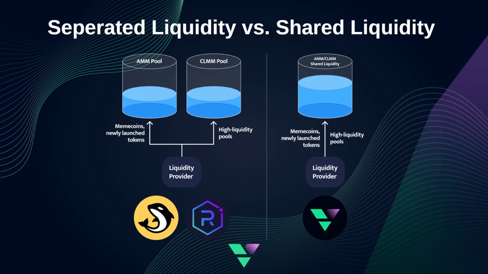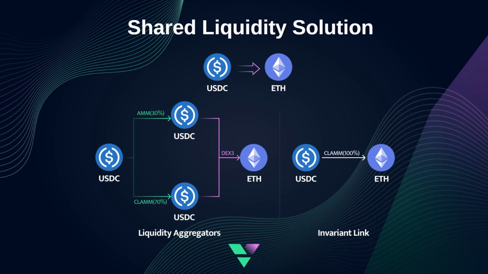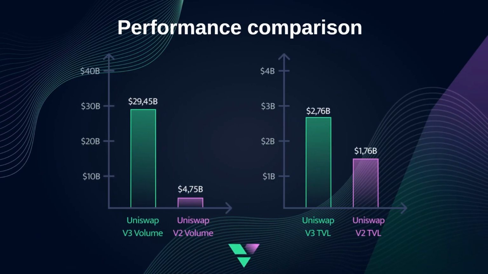The Fullrange Tokenizer offers a solution by introducing shared liquidity pools, which allow multiple applications to access the same liquidity source. This approach optimizes capital efficiency by preventing fragmentation, reducing slippage, and lowering transaction costs. Compared to separate liquidity pools used by protocols like Orca and Raydium, shared liquidity pools provide a more effective way to manage liquidity. In the performance charts of both models, a notable advantage of concentrated liquidity is evident, but we can still see significant figures when it comes to AMM. And why is that?